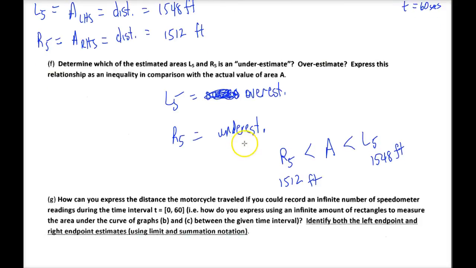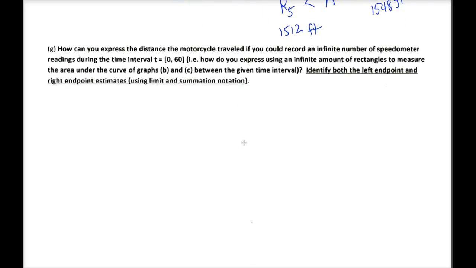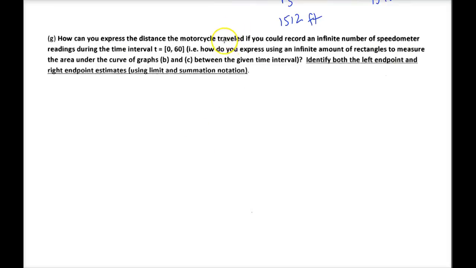So now let's move on to part G of this example. How could we express the distance the motorcycle traveled, if you could record an infinite number of speedometer readings from 0 to 60 seconds? That is to say, how do you express using an infinite number of rectangles to measure the area under the curve between graphs B and C? And of course, what we're basically saying is we want to utilize limit notation. So what we want to do is do that using both the left endpoint estimate and the right endpoint estimate. Okay. So one way that we could do this is we could just say this is L sub infinity,